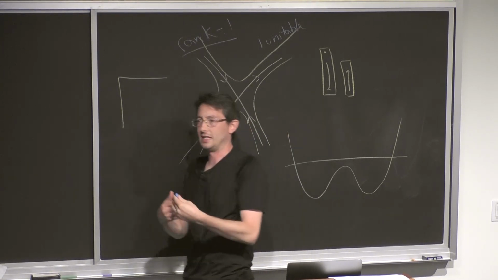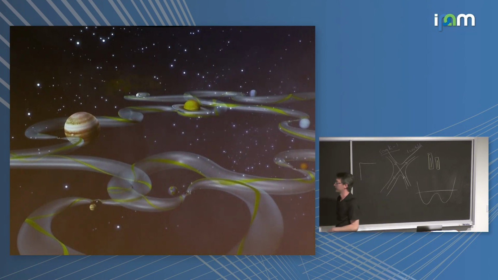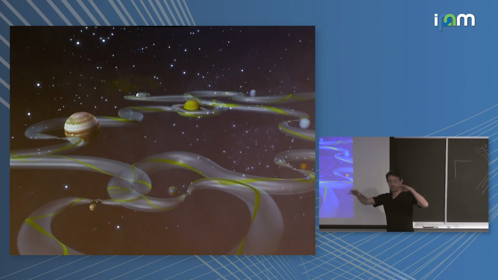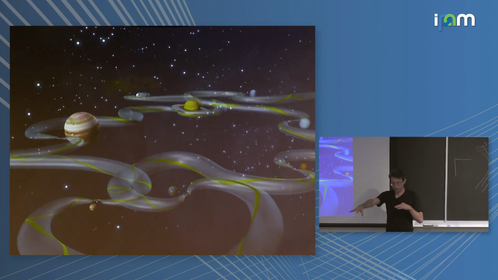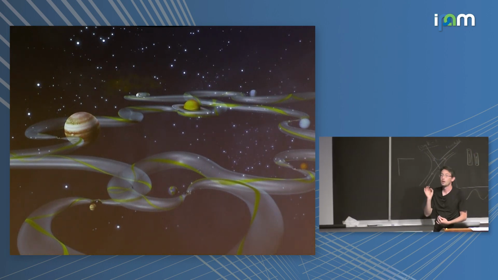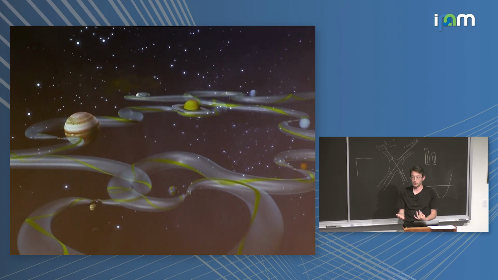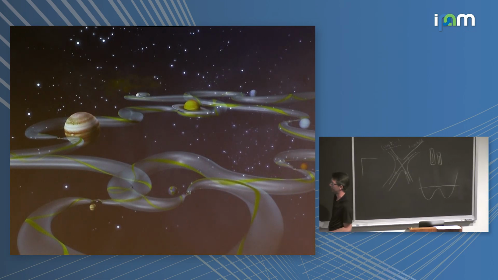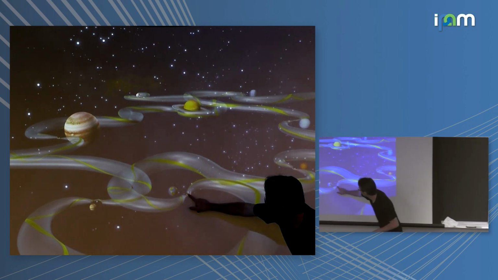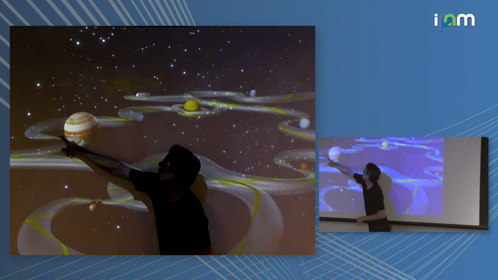Very, very important. Your DNA unzipping can be modeled as a rank 1 saddle system. All of the Sun, Jupiter, Sun, Saturn, Sun, Earth systems, the Sun and one planet, they have 5 fixed points, these Lagrange points that have been known for a long time. And a number of them are rank 1 saddle points. And so what they do is they provide very efficient transportation routes for the solar system. So if you want to get from one point to another, this is an artist rendition of this interplanetary transport network that's mediated by these rank 1 saddle fixed points.